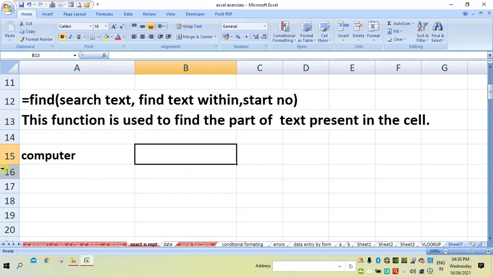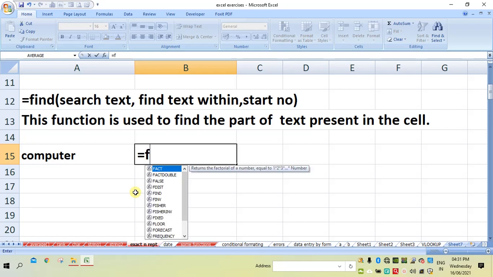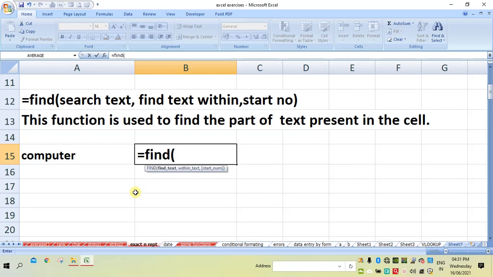So now let us see one example so that the use of the function will be clear. Here is the word computer. I want to search for a letter present in this word. To do that, I write the function =FIND, and then in the bracket the first parameter is the text you want to search. I want to search P, whether P is there or not.